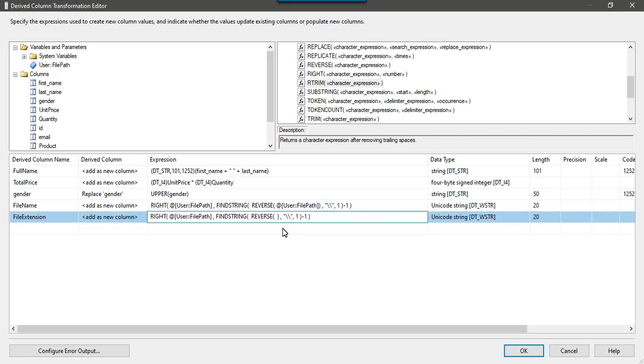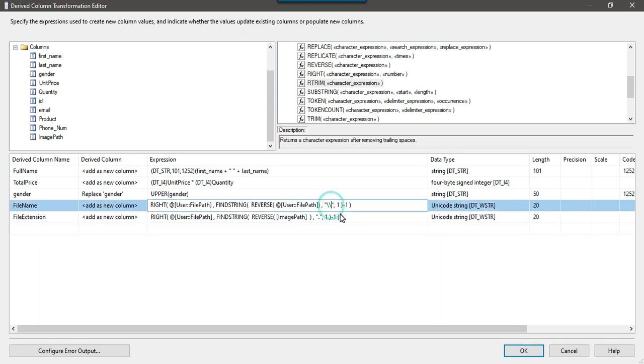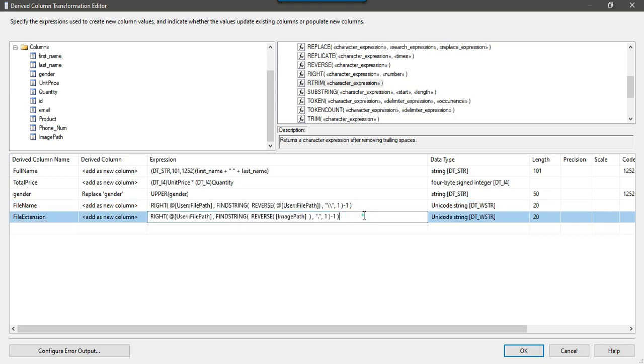So we can remove this file path and drag and drop the image path here, and from the image path instead of backslash we will be using a dot. You might be thinking why we use double backslash. The thing is, in the expressions if you need to use the backslash, backslash is a keyword as well, so that's why we need to use double backslash so that it can take one backslash. Okay, so this second line will get the extension from the image path.